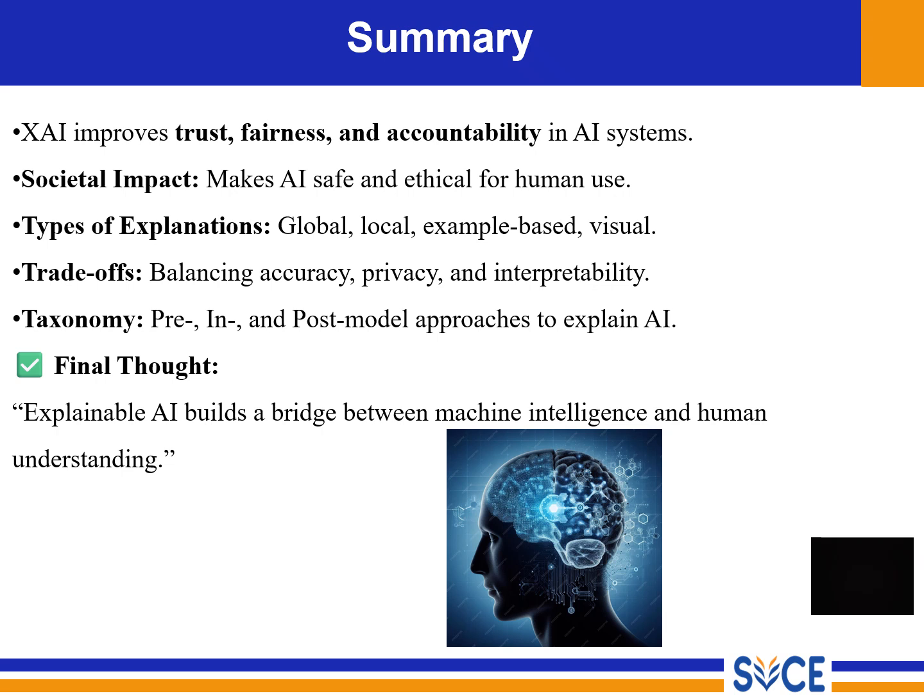Okay, so we explored the four types of AI explanations. Global, which means explaining how the entire model works. Local, explaining one specific prediction. Example-based, which means using past cases for comparison. The fourth one is visual, which highlights what the model is focusing on. And then we examined the trade-offs in AI, which means accuracy with interpretability, transparency with privacy, simplicity with completeness.